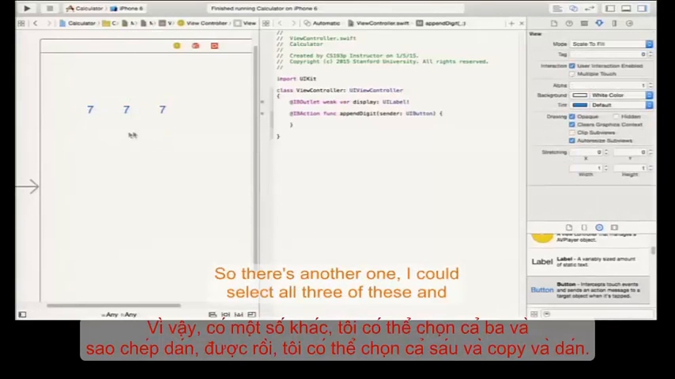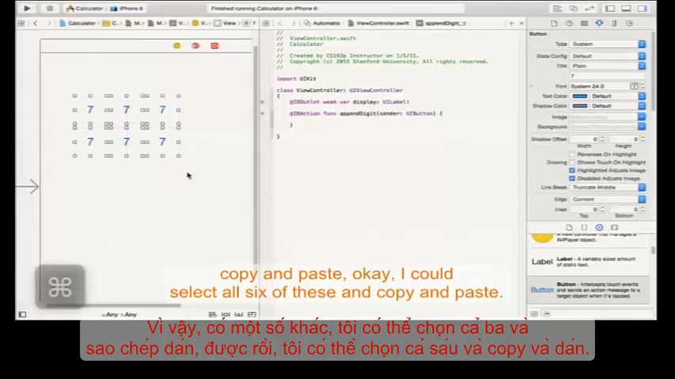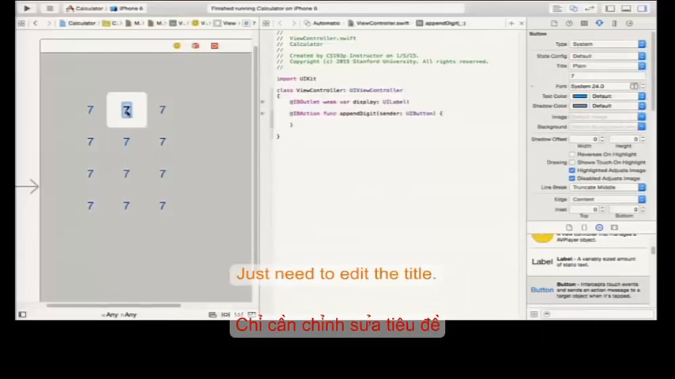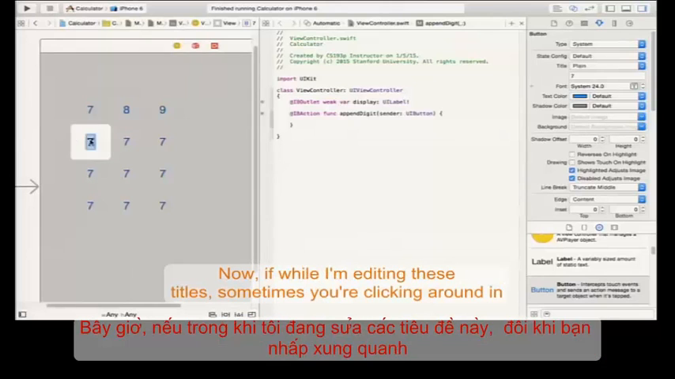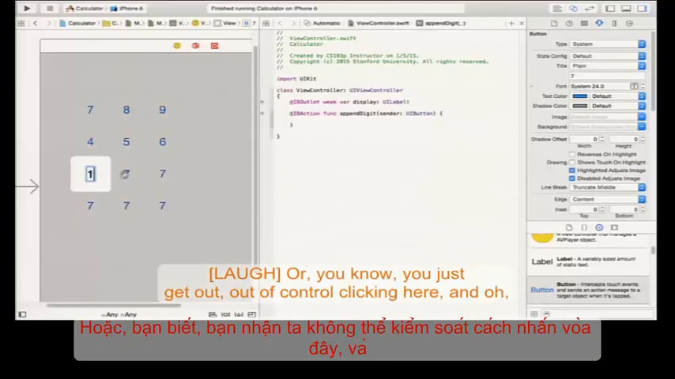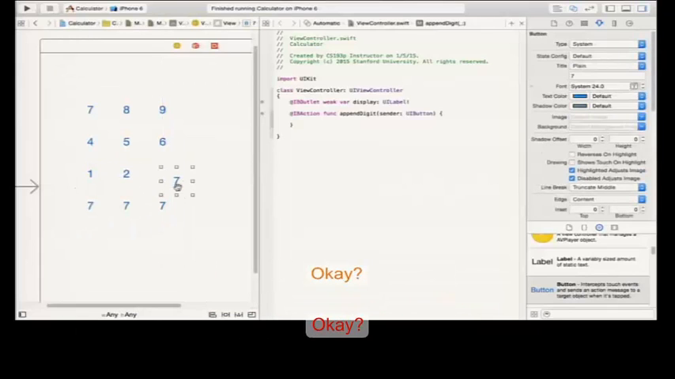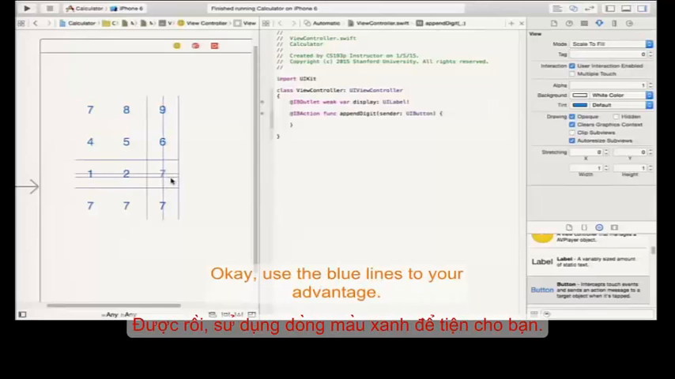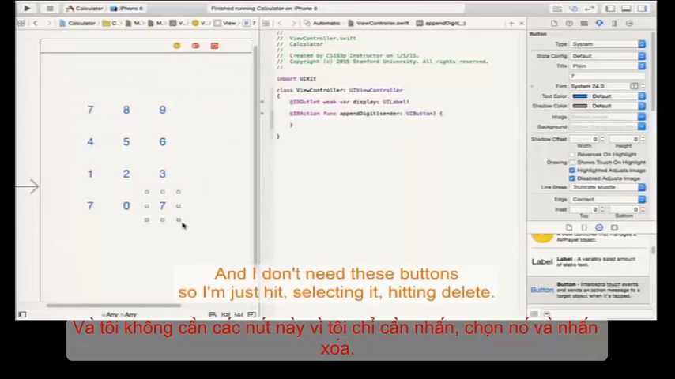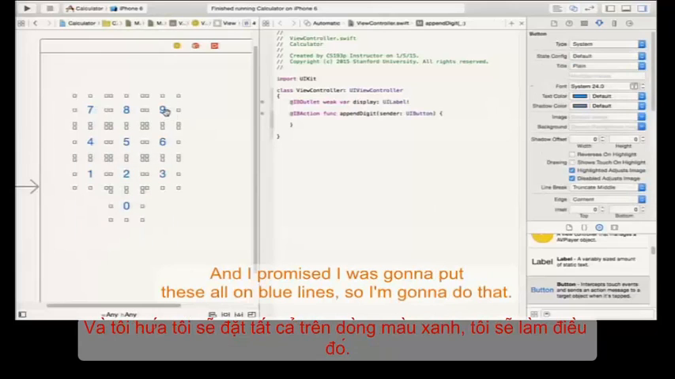So there's another one. I could select all 3 of these and copy and paste. Okay. I could select all 6 of these and copy and paste. So I can quickly make my entire keypad. I just need to edit the title. Now, while I'm editing these titles, sometimes you're clicking around in here and you're not a very accurate clicker, or you just get out of control clicking here and oh, you moved it out of the way. Okay, no problem. You can just put it right back in. Okay, use the blue lines to your advantage. And we'll put our 0 down here. And I don't need this button, so I'm just selecting it and hitting delete. That's how you can get rid of something. And I promised I was going to put these all on blue lines, so I'm going to